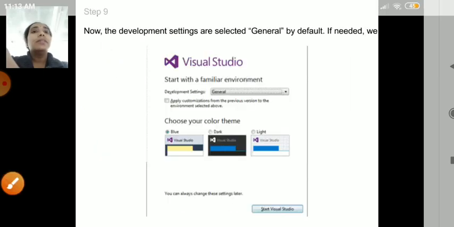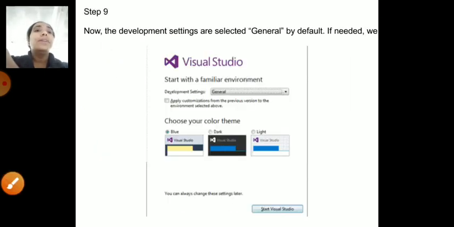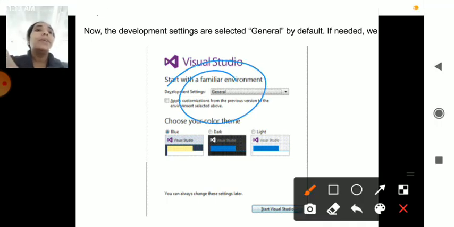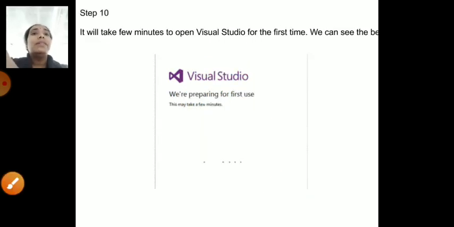Okay. Then after downloading everything, you can see here one aspect is there: you have to program in a normal way in the general setting. So you have to choose the aspect as general, and then you have to start Visual Studio. Okay. Then it enters into your Visual Studio.